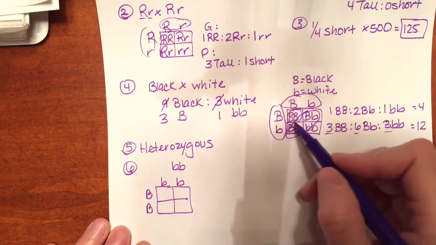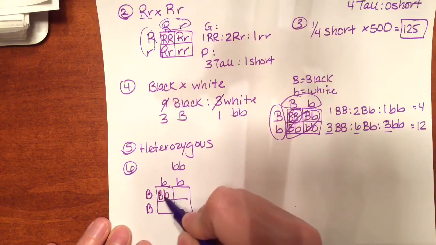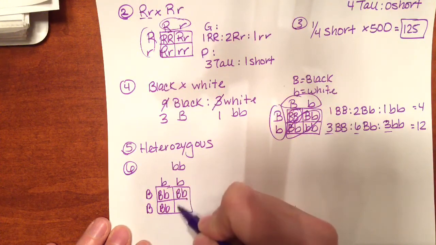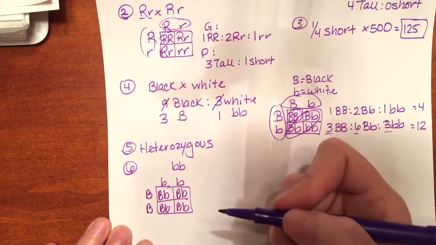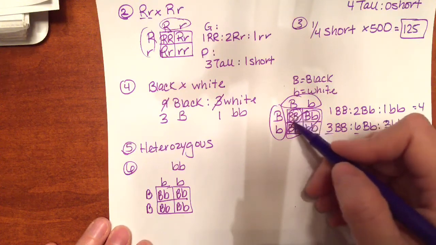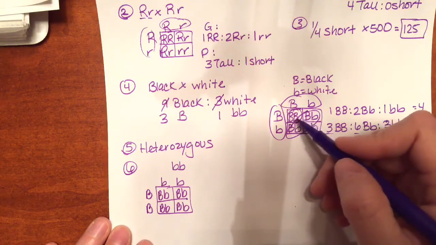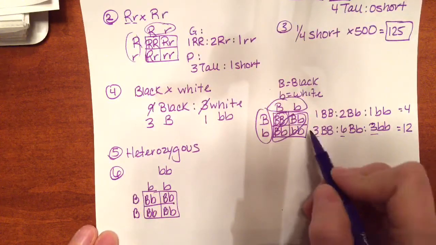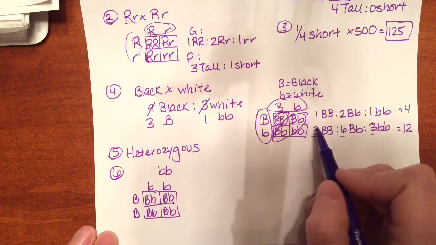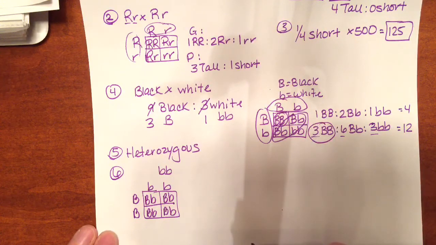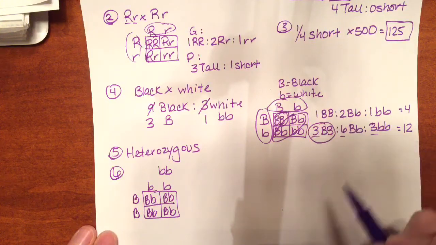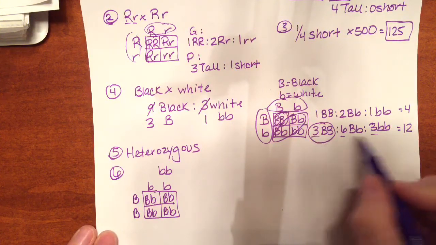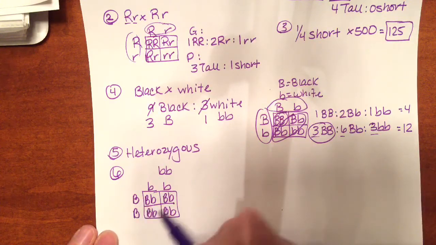So we're looking for a black pig that has big B, so that 100% of the time, all the time, you get black offspring. And so what are your chances of picking a big B pig from this litter? So you have 12 in your litter, and what are your chances of picking a big B pig? One might think 3 out of 12 or 1 out of 4 or 25%, but really when you're looking at your litter and you're just saying, okay, I want to pick a black pig that's going to give me only black